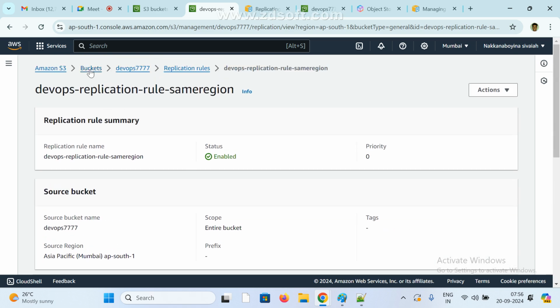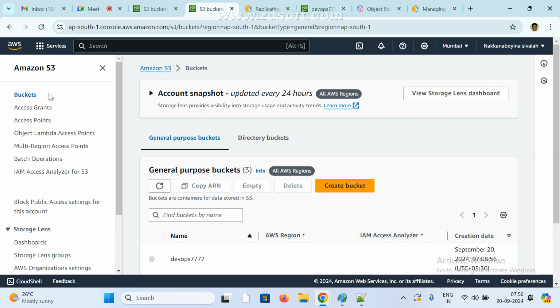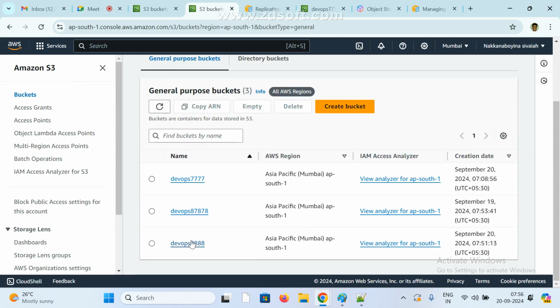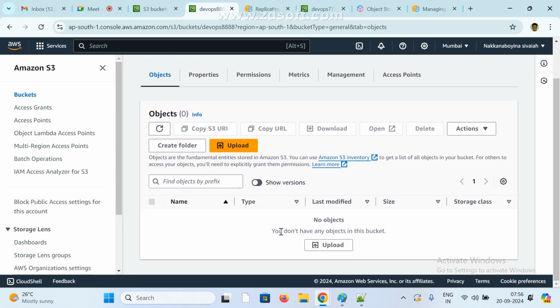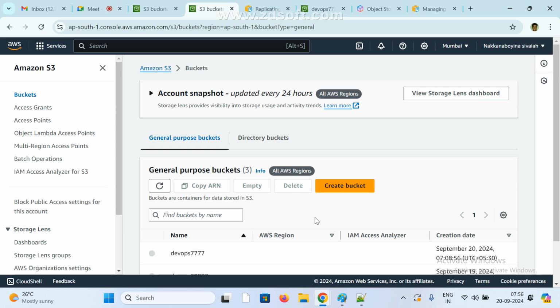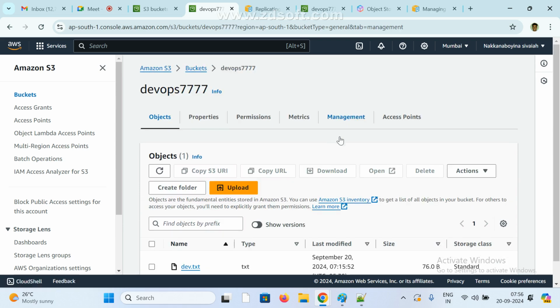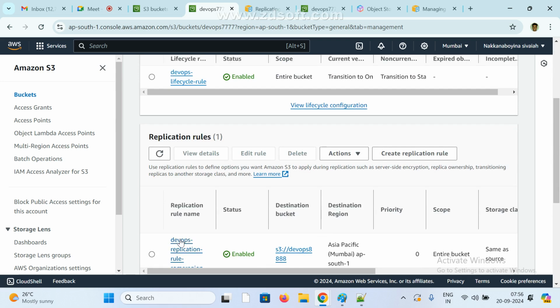Okay, now come to here, buckets. Now just refresh it. Okay, click on here. Now click on here. Now still it is not uploaded. Sometimes it won't work immediately, so we need to check whether it really saved or not properly. Now go to here, go to management, replication rule,